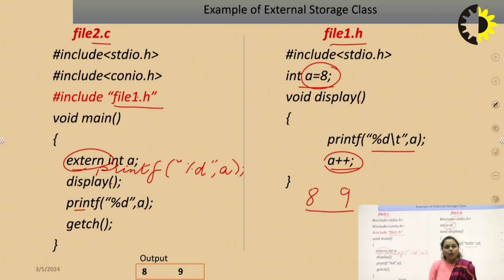Second is the scope. The scope of the variable is global, and the lifetime is also global, that is throughout the program. So whenever we perform any kind of change to the value of a, it is accessible here also. So throughout the program, external storage class variables are available.